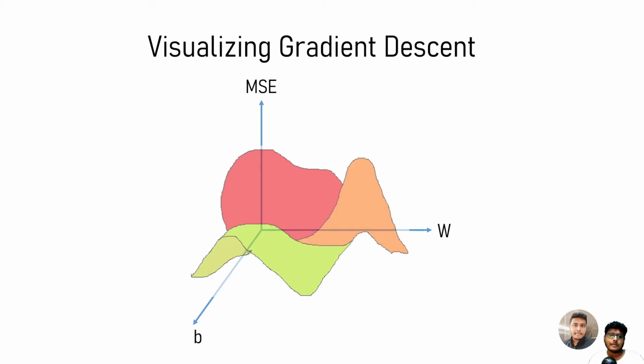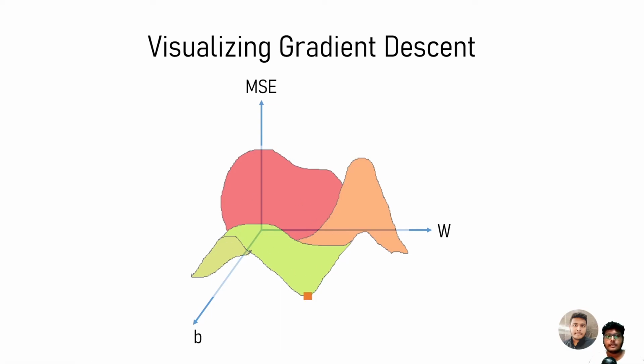Looking at this, you can see that this is not at all a very simple graph. It's a very complex plane that we have, right? In this plane, some points have really high loss, and there are some points which have really low loss. The section that is greenish has really low values of loss, and the red section has a really high value of loss. So our goal is to find the minimum point in this entire plane, right?